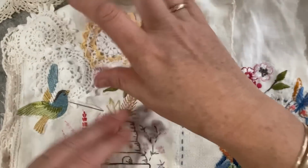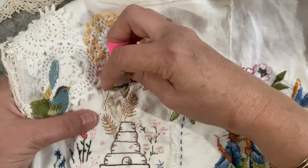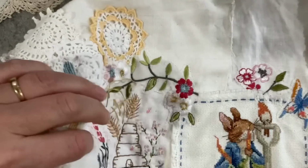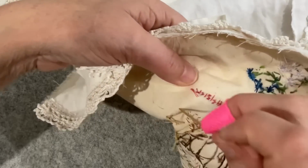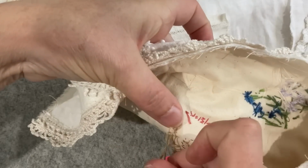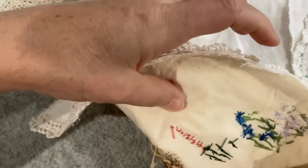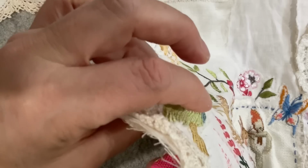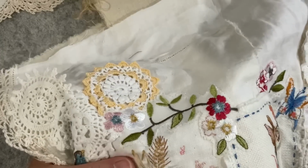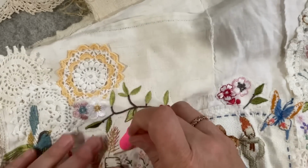Be better if it was in a hoop. I just end that, and then I'll come over that other side. Got enough stitches to jump over there. Yep, so I've got a knot. Might just pop a few